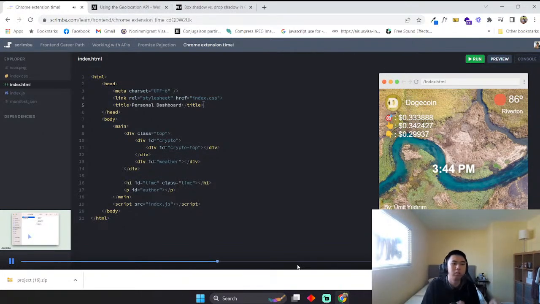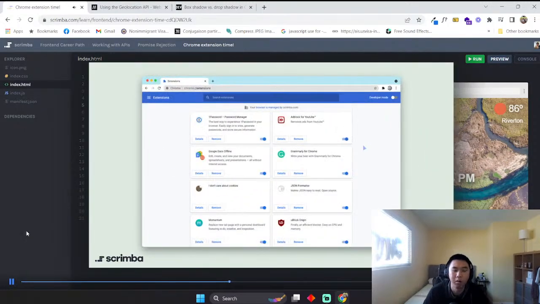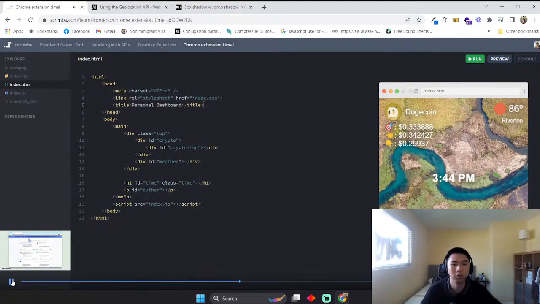Okay, hopefully that wasn't too cumbersome. The next thing we're going to do is in your browser, you're going to open a new tab and go to chrome://extensions. This will pull up the list of current extensions you have, but what you'll need to do in order to upload your own extension is to turn on developer mode by clicking this little toggle up here in the upper right. Once you click that toggle, you